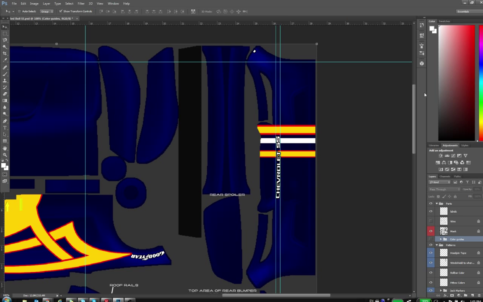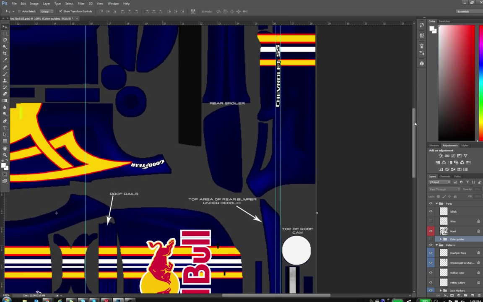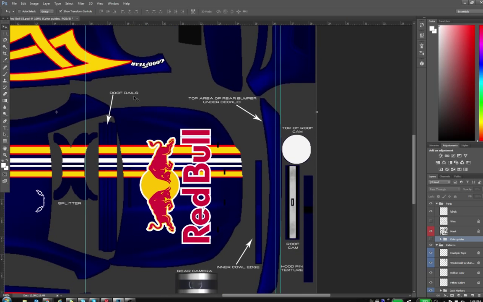Okay? If you want to change the color of the roof rails, there are those two lines that follow the roof of the car. This is where you go. These two bars sitting in between the hood and the back of the car. These two. If I want to change the color of my splitter,